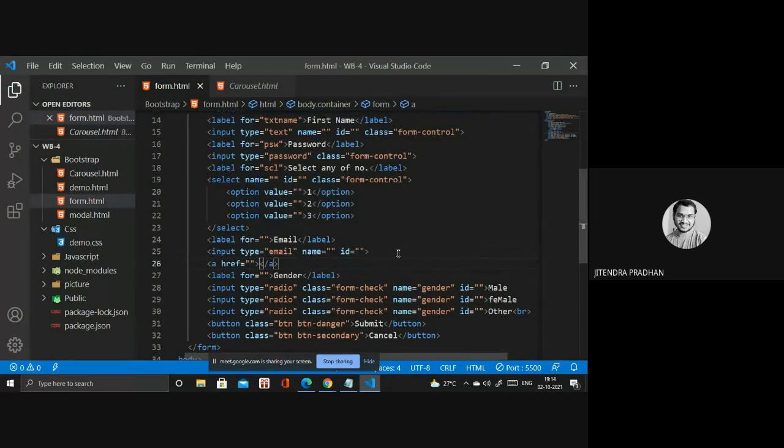Inside you have to write something, click me to mail. Okay, and you have to use the mailto, and write any particular mail. Let me write the mail, Jitendra Pradhan 213 at gmail.com, it's my mail.